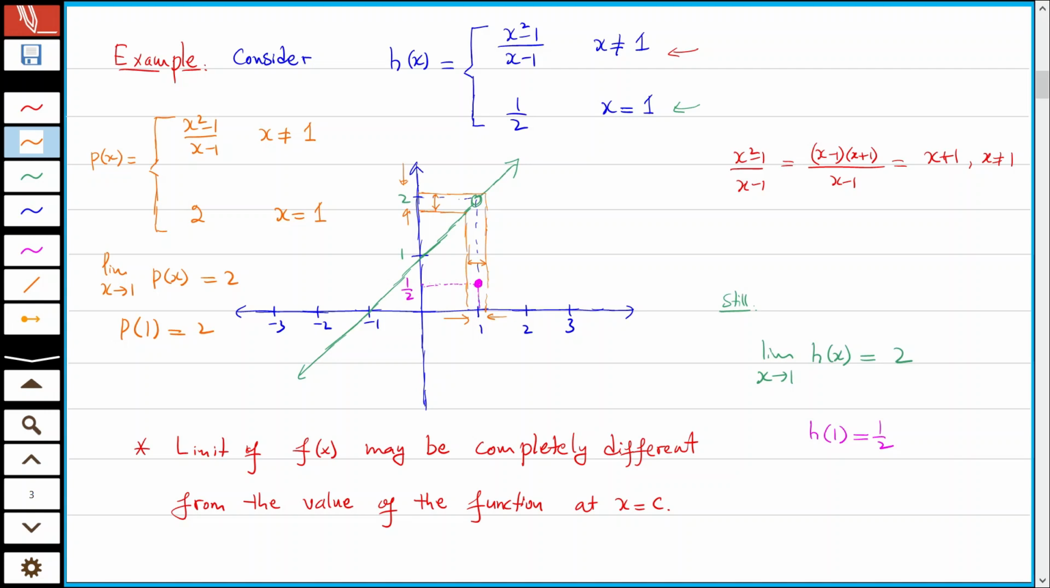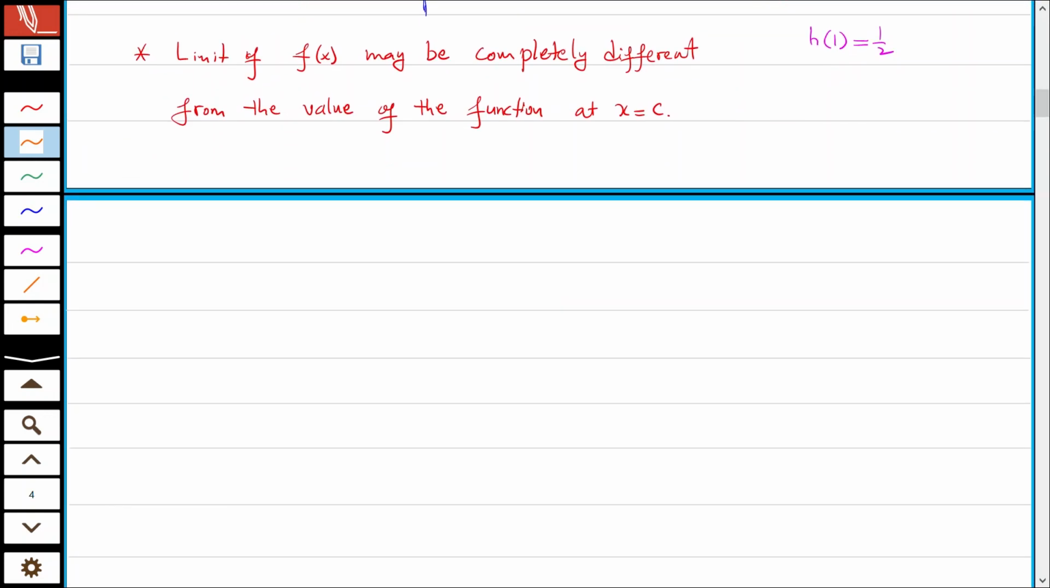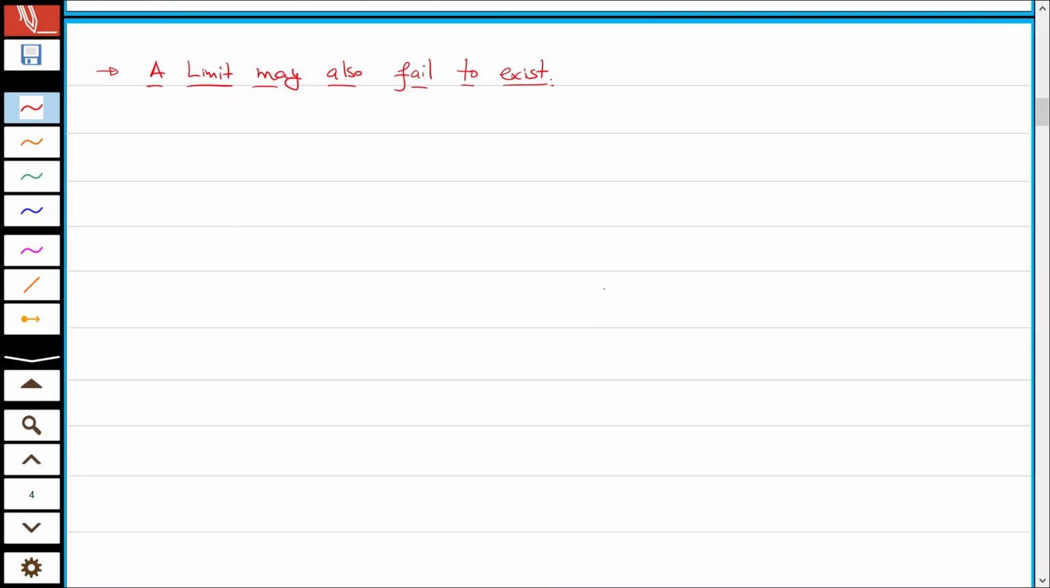All right. Sometimes a limit may also fail to exist. Let's consider a few examples where such a thing happens. First example can be,